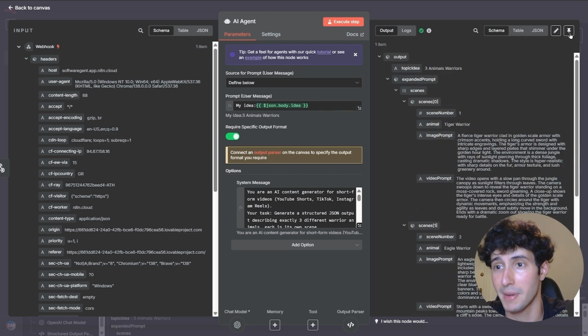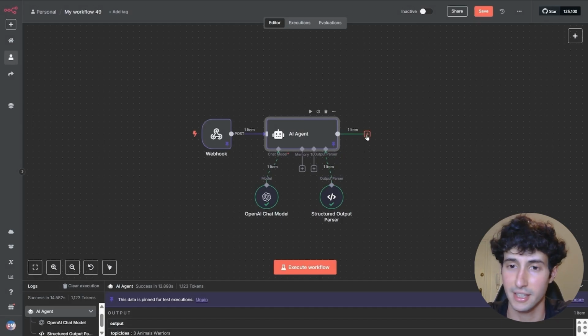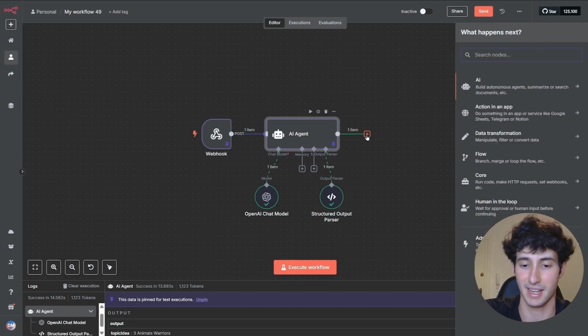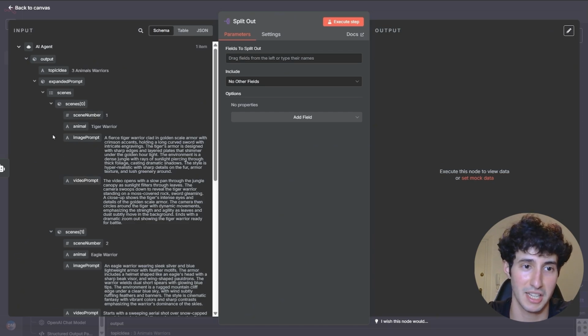So let's actually pin this data so we don't have to rerun this. And now what we need to do is to actually start creating our video. But before we do that, guys, because we will need to modify the data a little bit, what we have to do is to come over here and add in a split out node. The reason we're adding this node is because we want to have the image prompts and the video prompts all in one schema. And as you can see right now, they're not all in one schema,